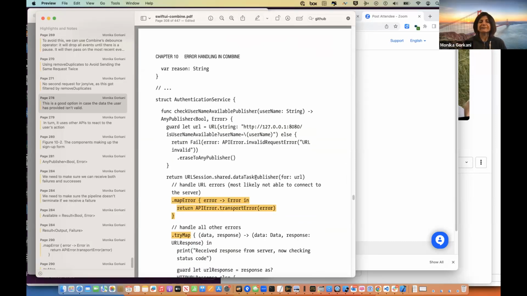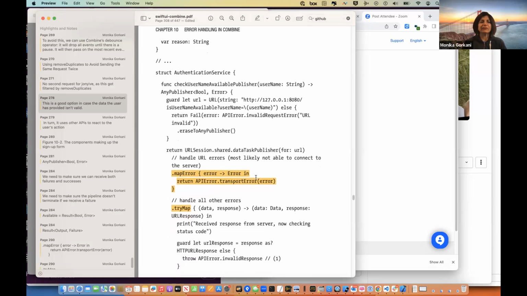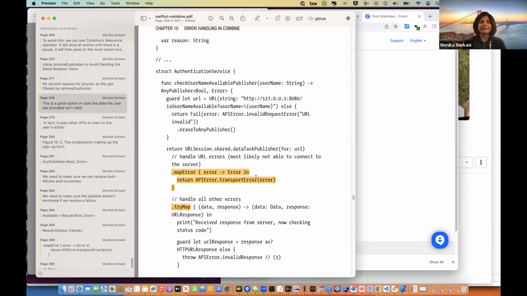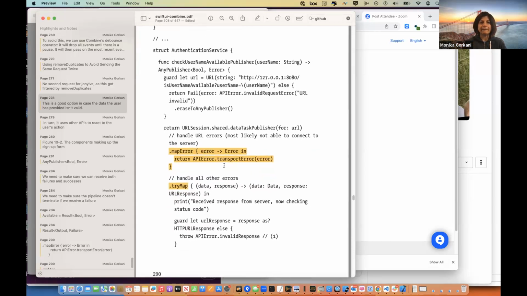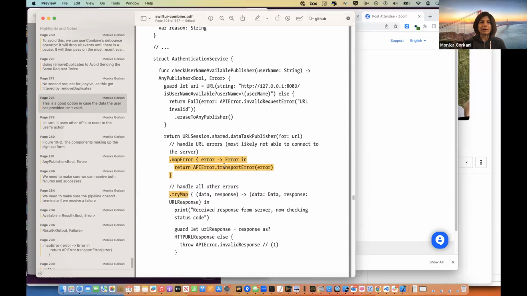I just didn't have time. So it's kind of good to see, okay, because some of the stuff we're just kind of taking, and there's new concepts, there's that map error that I wanted to see here. So